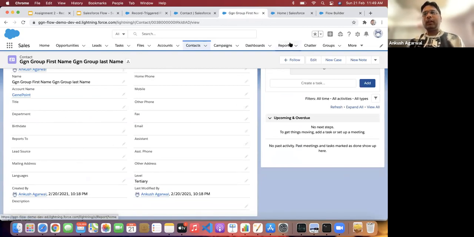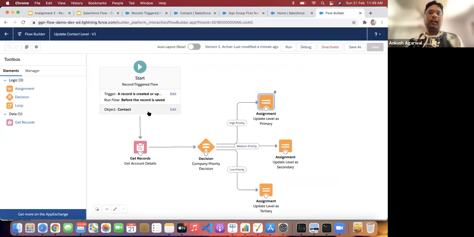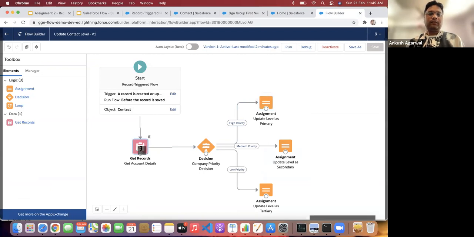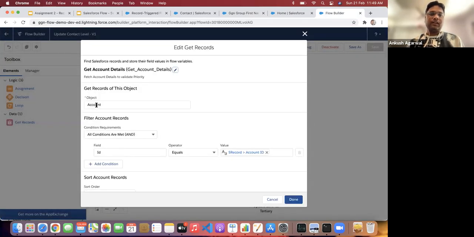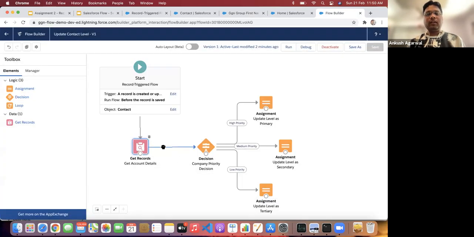So similarly, whatever operation we want to perform, and if you want to update the same record, like for contact, if I want to update something on contact and I want to fetch it from whether it's from account, or even if you want to fetch it from opportunities, we can achieve it here. We just have to fetch the opportunities which are related to it. For example, I just have to change it to opportunity, and change it to account ID. So it will fetch all the opportunities, and based on that, we can define what update needs to be performed on the contact.